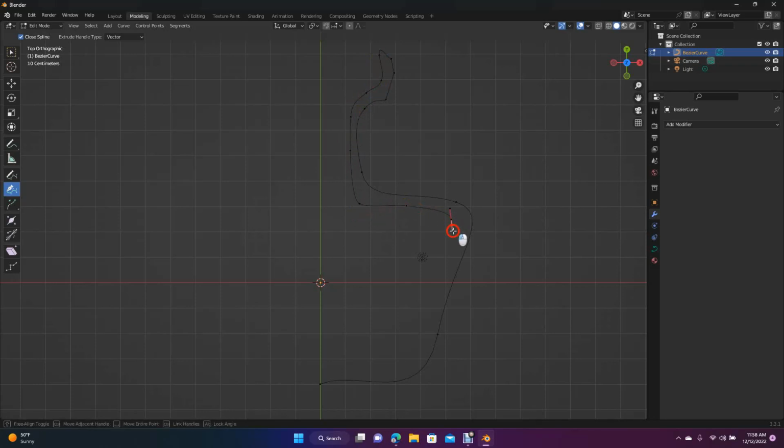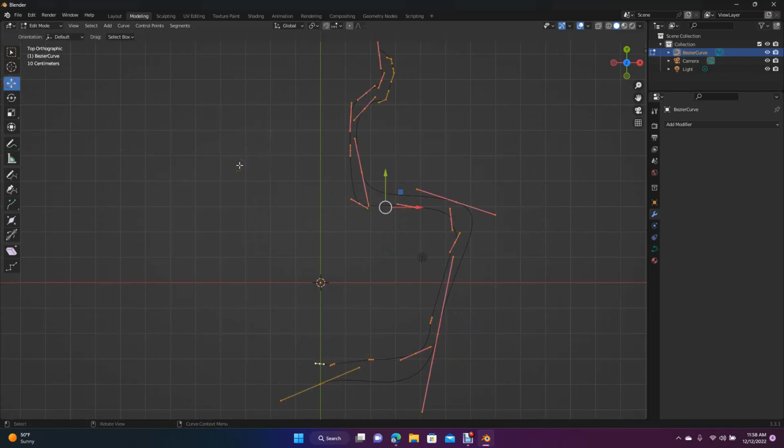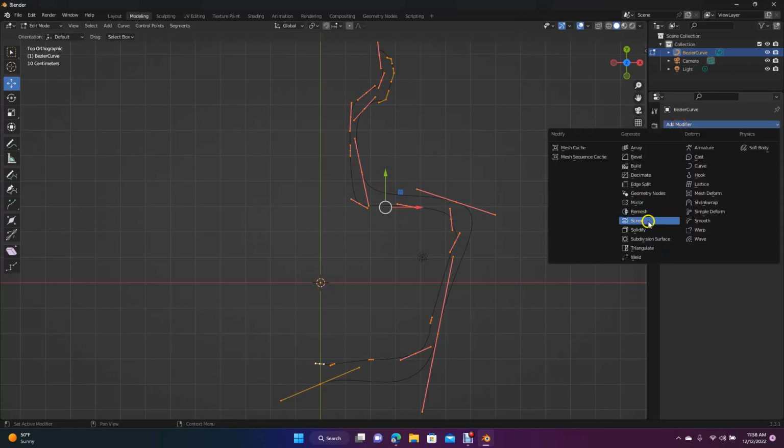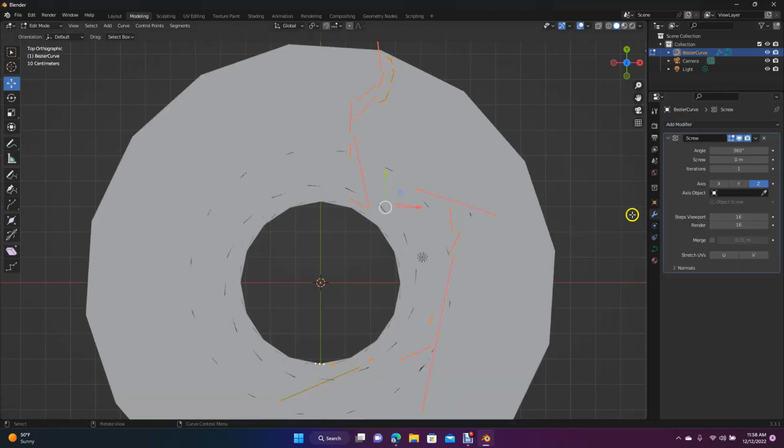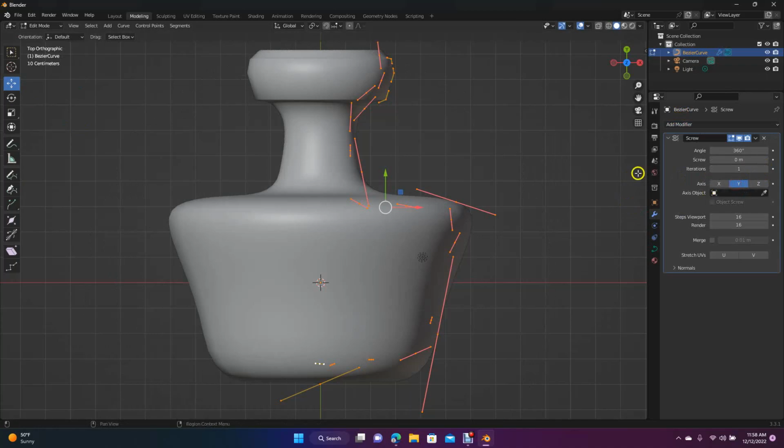If you wanted this to be hollow, you could draw your shape there. It works like a regular curve tool. And then you just have to select it. So hit A on your keypad, and then go to the wrench tool, go to add modifier, then do your screw modifier. And then make sure it's on the Y. So now you have this